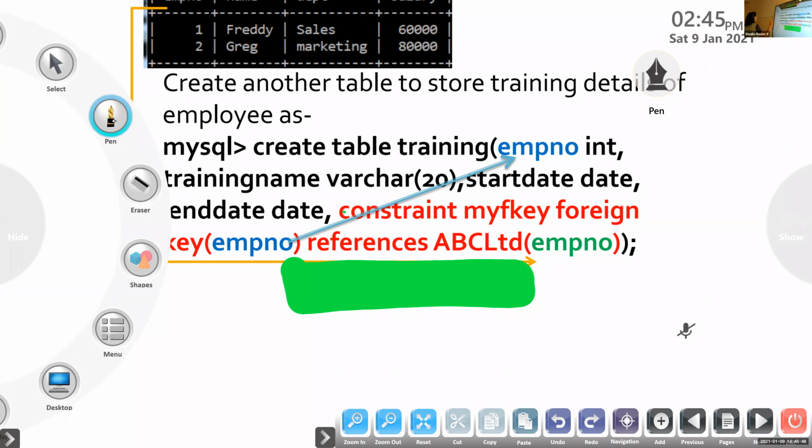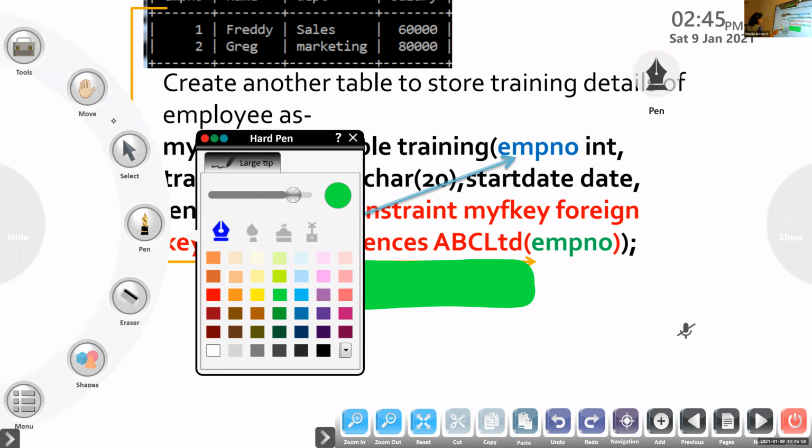So what is that? It is a foreign key constraint. How to write a foreign key constraint?